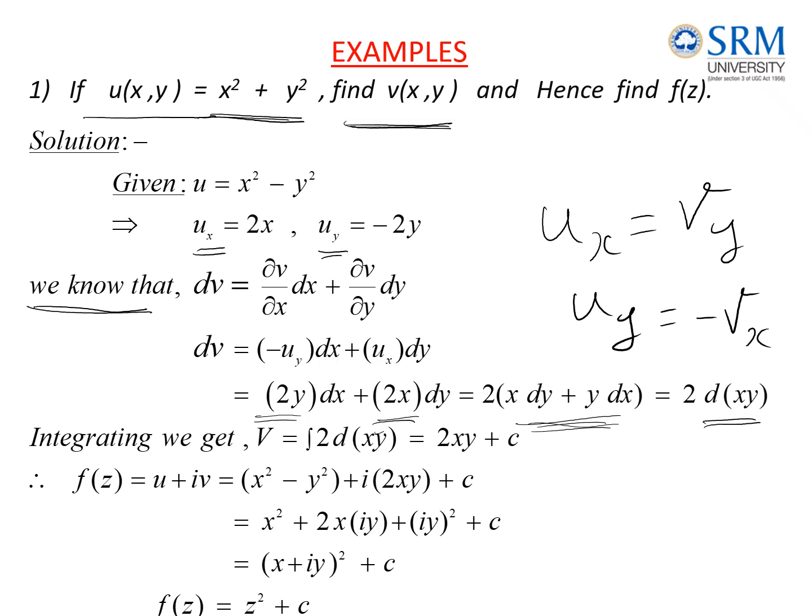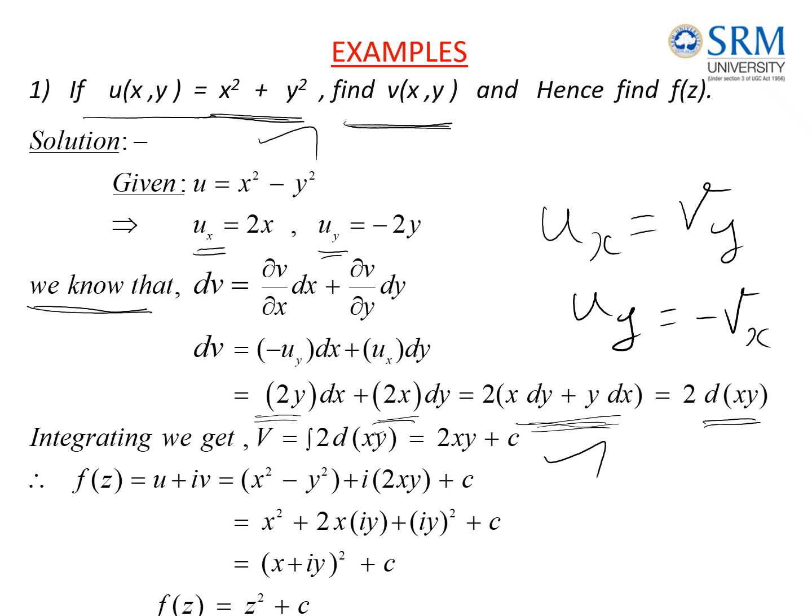So v is equal to the integration of 2 times the derivative of xy, which is 2xy plus the integration constant c. So substituting this v and the given u, we can find what the function f of z, equal to u plus iv, is. So now I need to rewrite this statement as